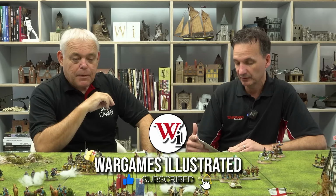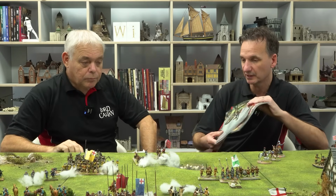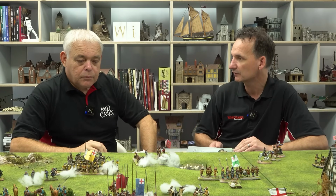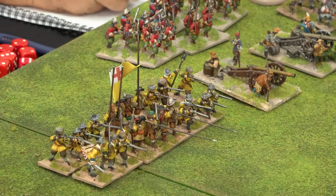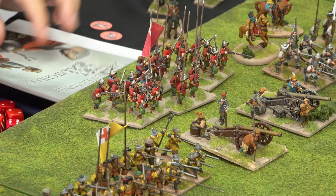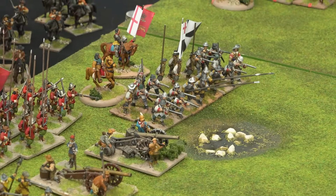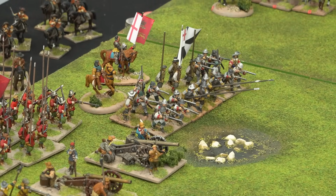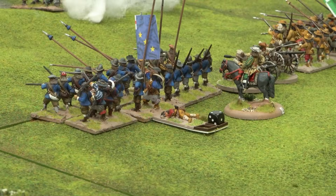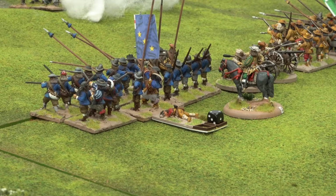Yeah, thereabouts. Right. The first question I'm going to ask is the one that we get asked more than any other, which is, how do I need to base my figures? You base them however you like. I've got mine in, for example, infantry battalions of 24, 8 pikes, 16 musketeers, and cavalry squadrons of 8. But if you've got them set up in any other way or for any other scale, just treat it as 24 strength points or 8 strength points,